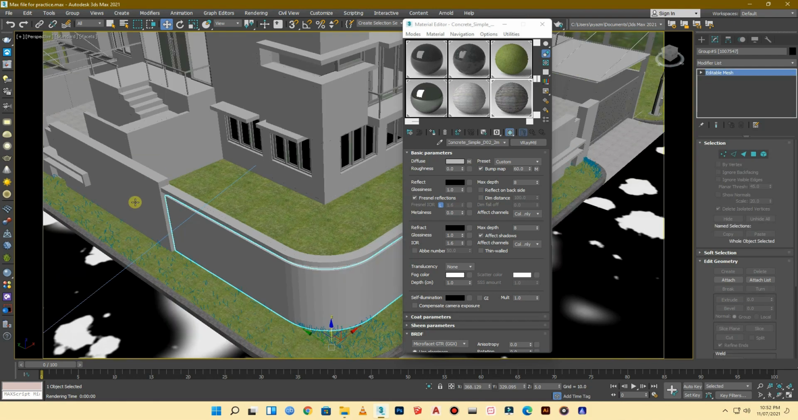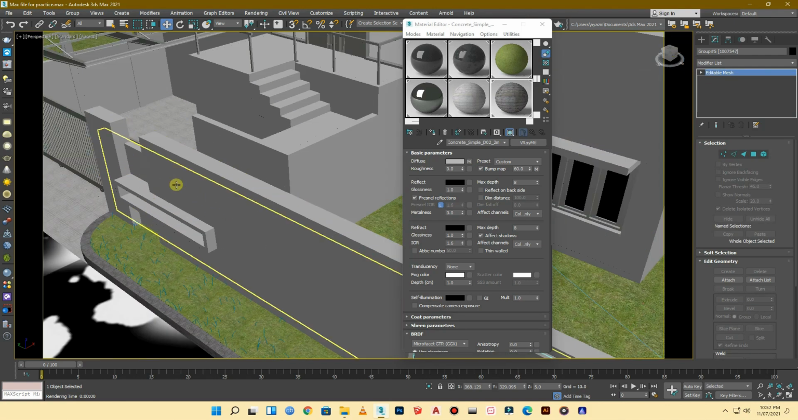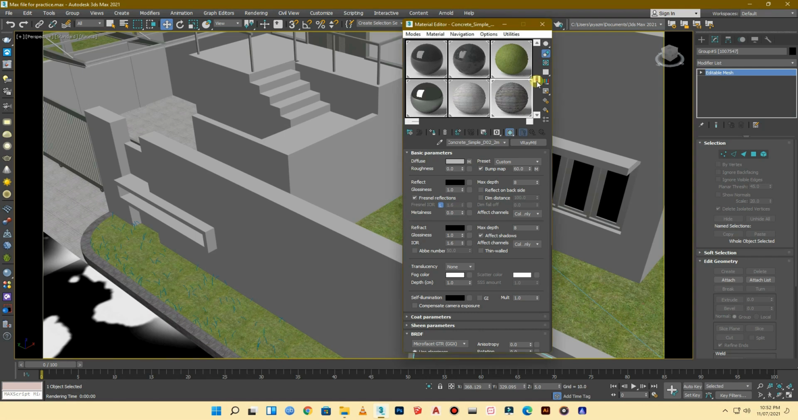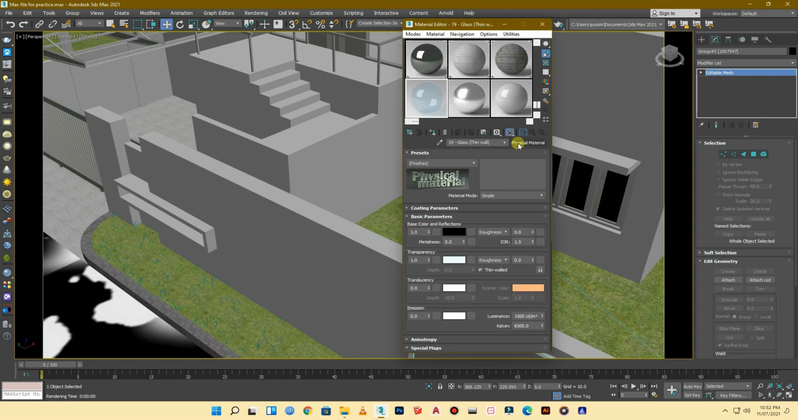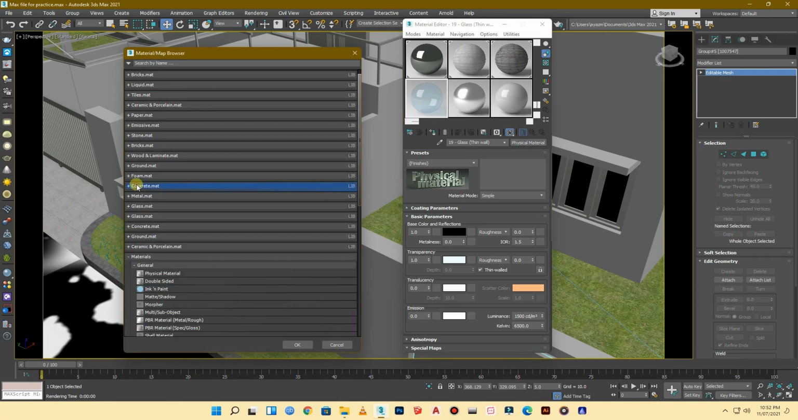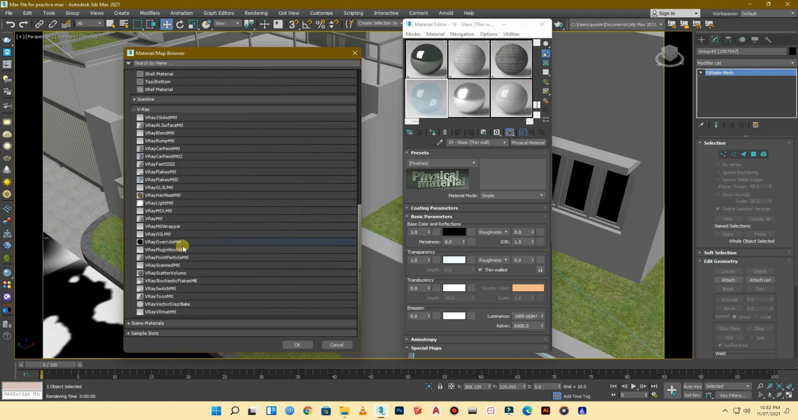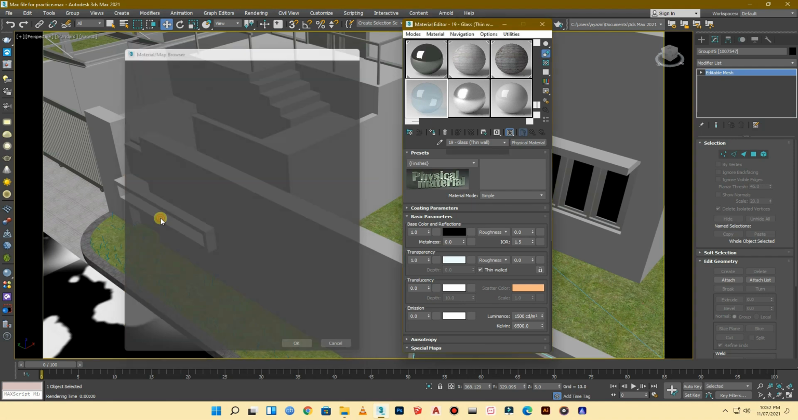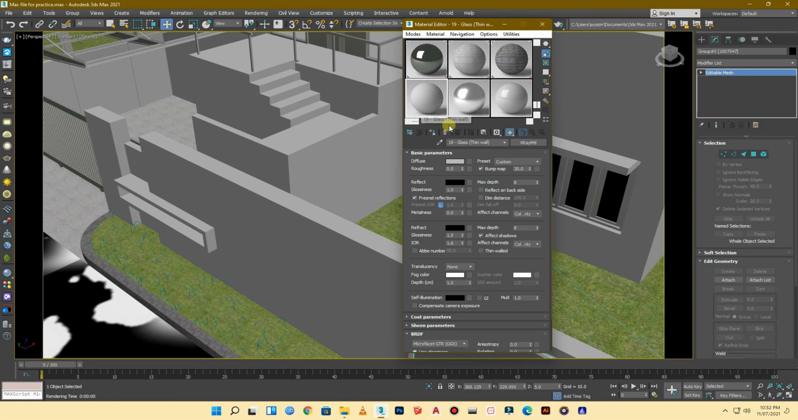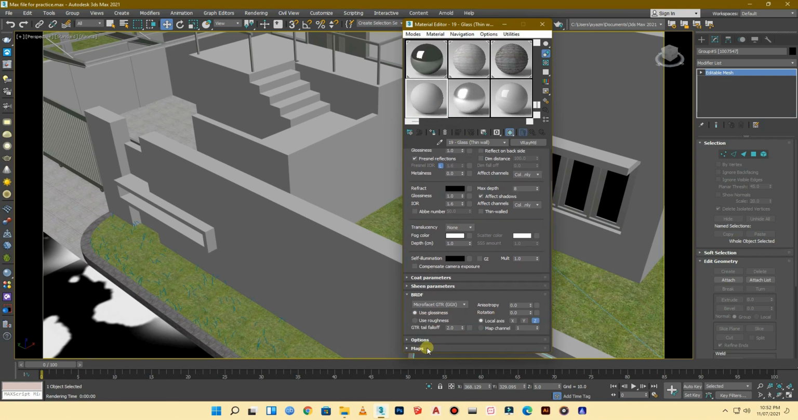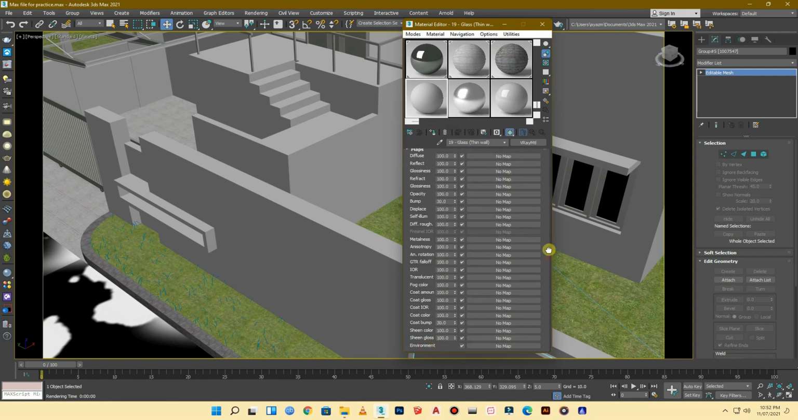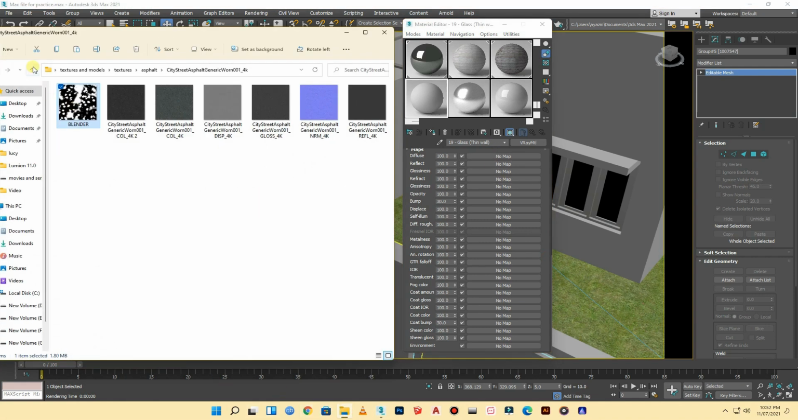And for the building material, I will be making some materials. And again, to make your own material, you have to go V-Ray material and select V-Ray MTL. So this is the basic material, and you have to go to the maps, and on the empty slots you have to fill up the slots